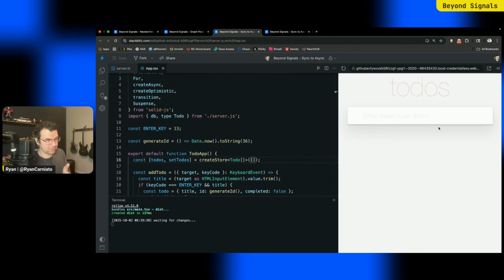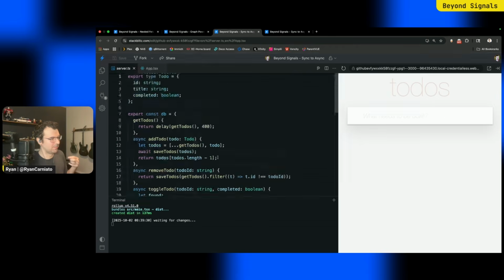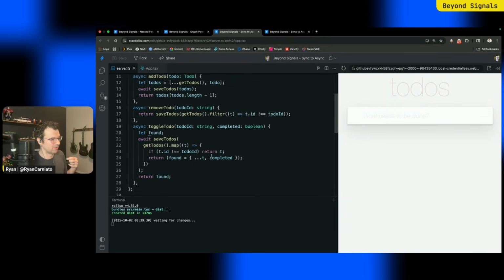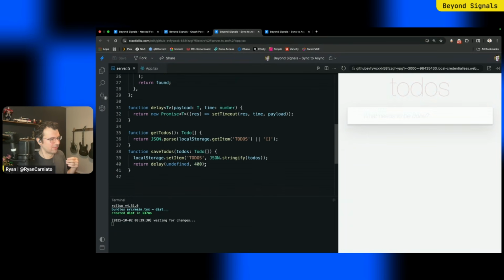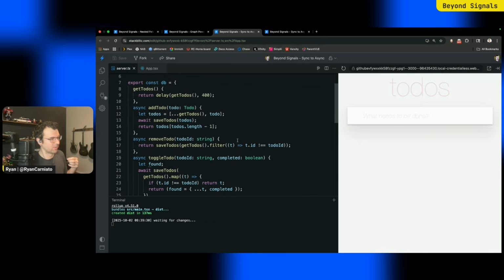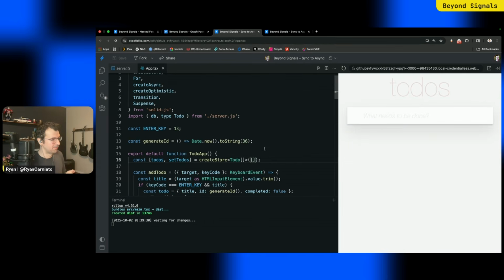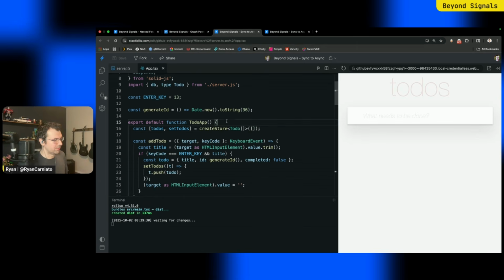Now we want to persist it, and now we hit async. So how do we do that? Well, I made a silly mock backend. It's made using local storage, so it's not an actual database, but I've set 400 millisecond delay times on both saving and fetching the to-dos to make my example work. So this is where we get to use the stuff we've seen today.